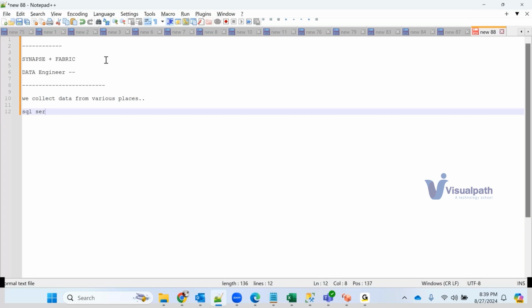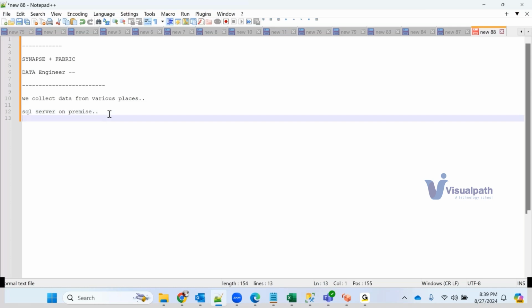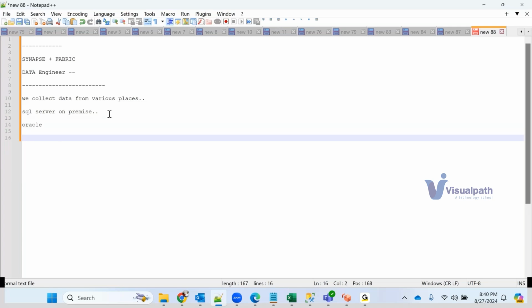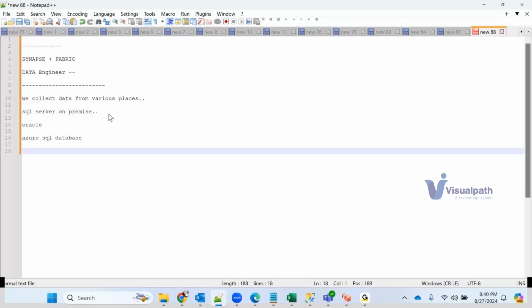These terminologies we will be discussing in the coming classes also. So for now, go with SQL Server on premise or Oracle, let's say Azure SQL database, data lake, Gen2. These terminologies you will become familiar with, but as a data engineer, you need to get data from